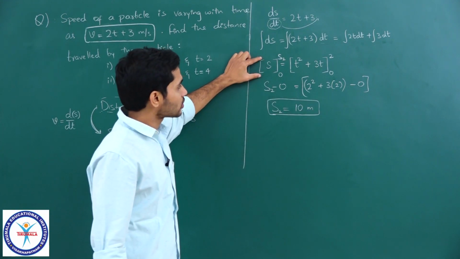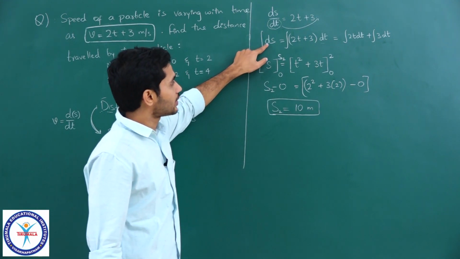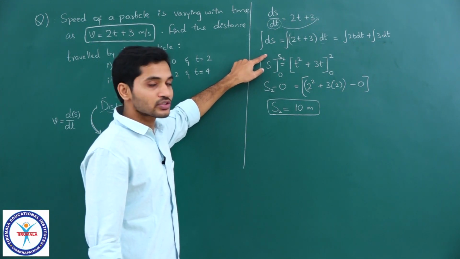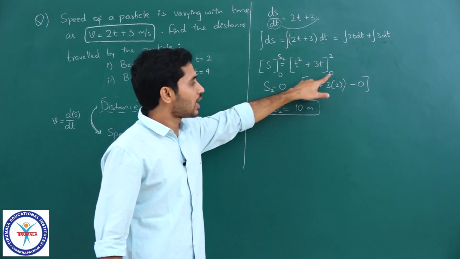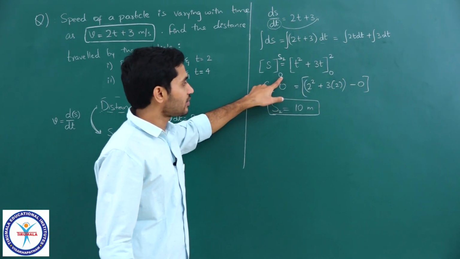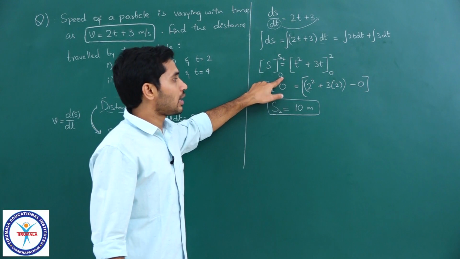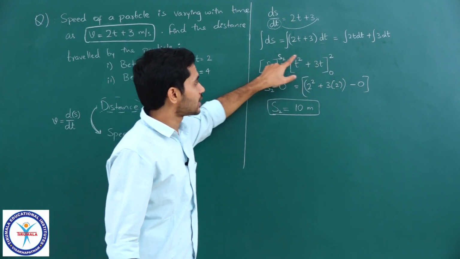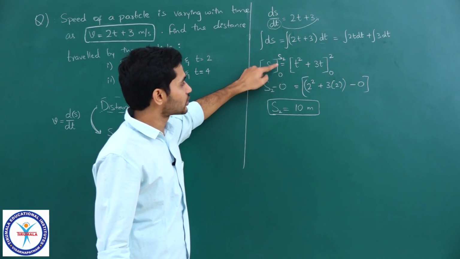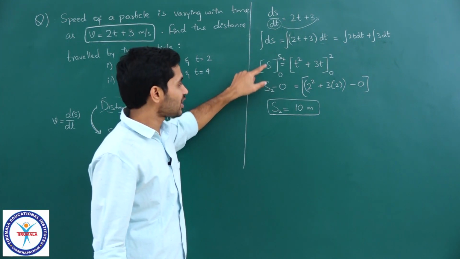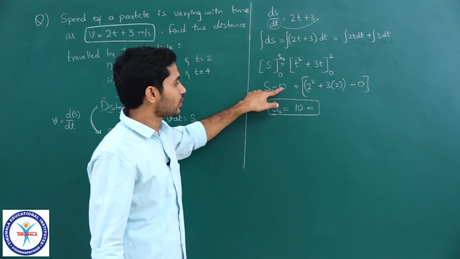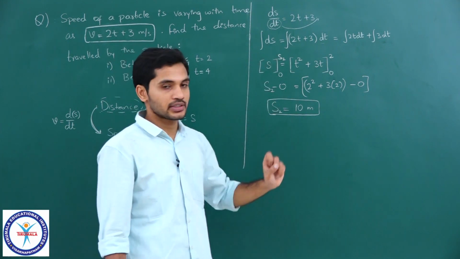So what I have done on this side is I have considered the integral ds as s, and when substituting the limits of s, what am I thinking? At t is equal to 0, the particle is just starting, so it has travelled 0 distance. By the end of 2 seconds, it has travelled s2 distance. Okay. So these will be the limits of s. So when I substitute the limits, I get upper limit s2 minus lower limit 0. So that is the idea, students.